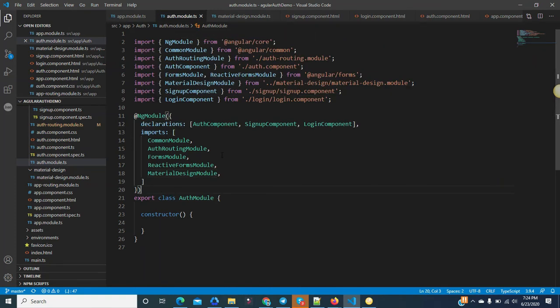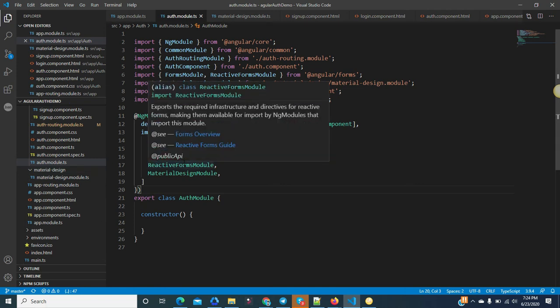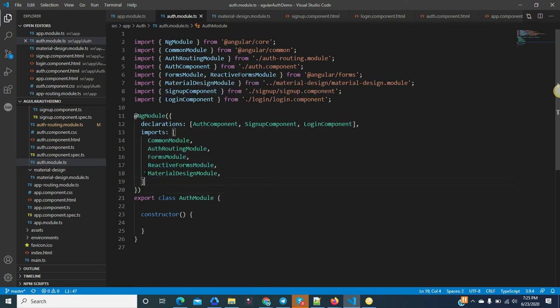This is actually a best practice. If there are a lot of modules in your project, like 5 modules, and in 3 of them you want to implement the material design for styling, then you can access it via the imports array. You just need to import that particular material design module in any module where you want to utilize it, and after that you also need to add it in the imports array. That's it. Then you will be able to access that component.